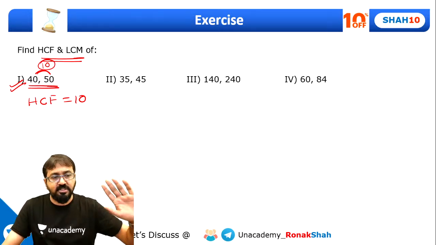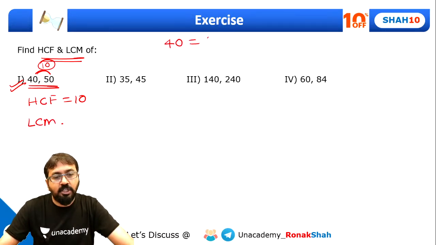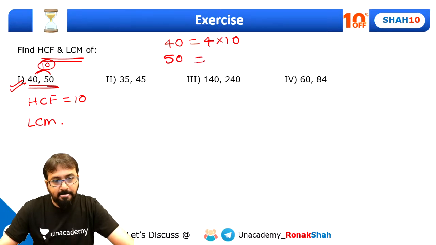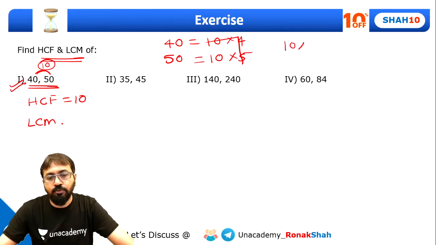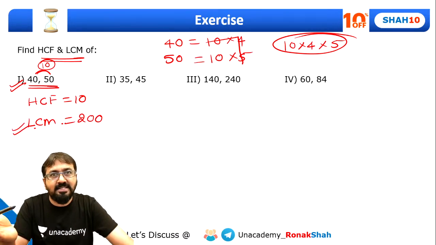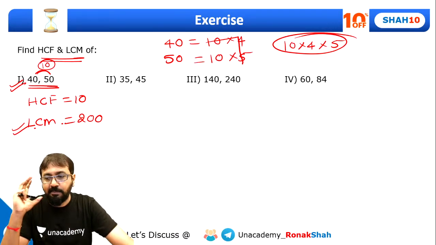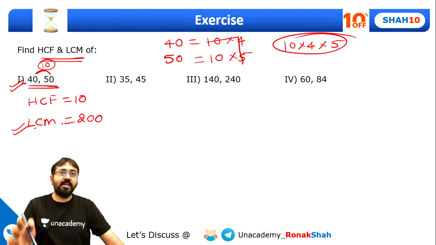HCF कैन नेवर बी मोर देन डिफरेंस, रिमेंबर। LCM क्या आएगा, तो उसके लिए हम वो मेथड यूज करते हैं L वाला। 40 is 10 into 4, 50 is 10 into 5, ये 10 HCF हो गया। LCM क्या आएगा, 10 into 4 into 5। आप ट्रायल एंड एरर से भी कर सकते हो, मतलब ये बहुत ही आसान था। यू कैन जस्ट थिंक कि कौन सा नंबर ऐसा है जो 40 से भी डिवाइड हो जाता है, 50 से भी डिवाइड हो जाता है। द स्मॉलेस्ट सच नंबर इज 200। करेक्ट गाइस, अगर आपको ये HCF LCM वगैरह आता है तभी आगे जब